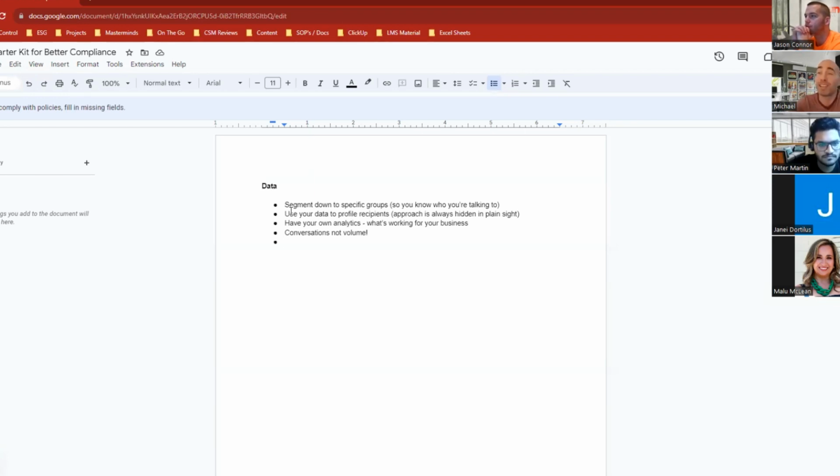Okay, never recycle data. We see people try to do this, where they find some loophole, some workaround to be able to send the same person the same message. I hope by now it's become pretty clear that that's going to be wildly ineffective. Don't do that. All right, it's not about hitting quotas, other than the quota of a minimum of discovery calls. That should be, again, the only quota that you have. And that should be where you're looking to expand your business. How can I land more discovery calls? How can I close more deals? And all of that happens in the inbox, not in the outbound side where you're sending additional messages.